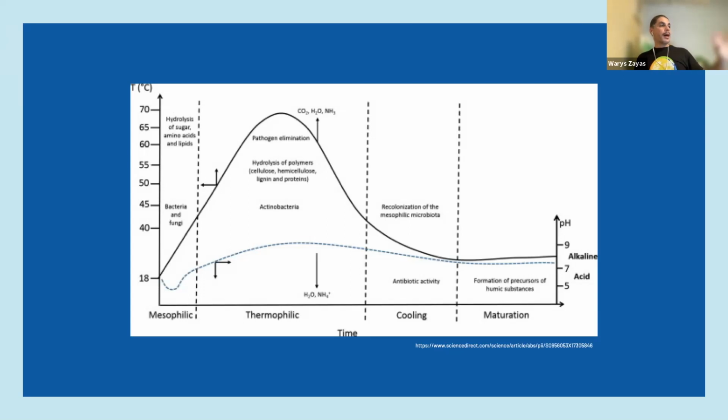So there you will find another kind of microorganisms, especially thermophilic bacteria and some beneficial fungi, right? In that phase, as I mentioned, and you can see in this chart, the pathogens are getting eliminated from the pile, as well as the decomposition of any other hazardous elements that we can have there.